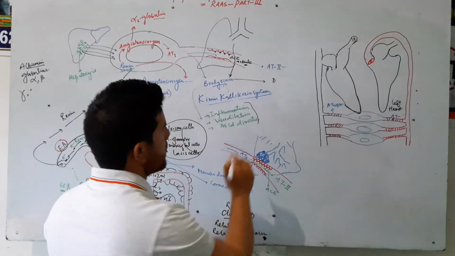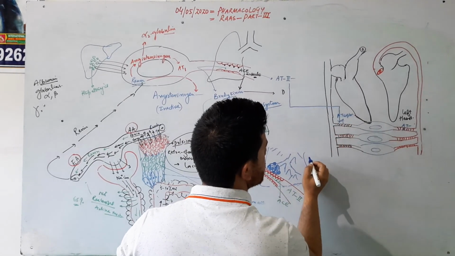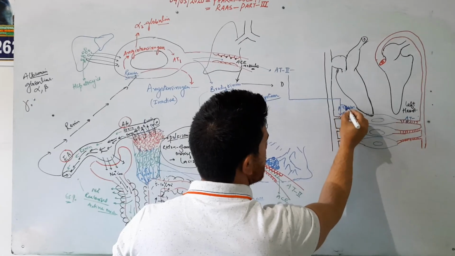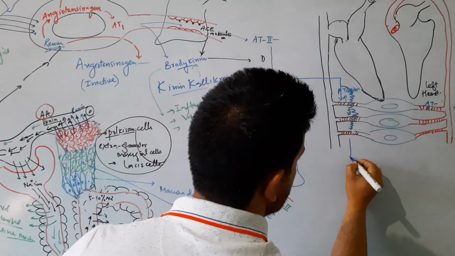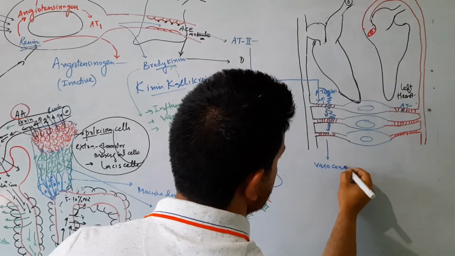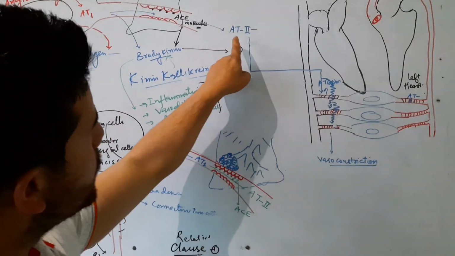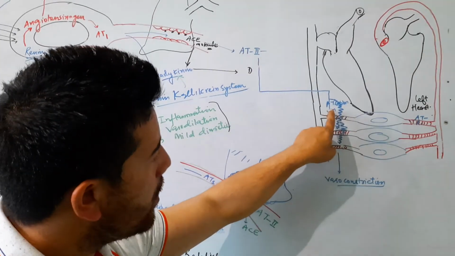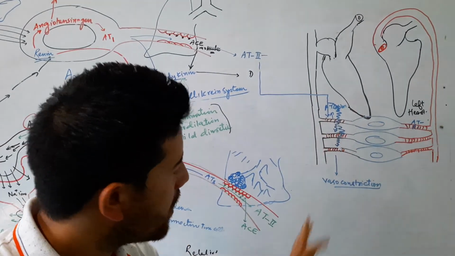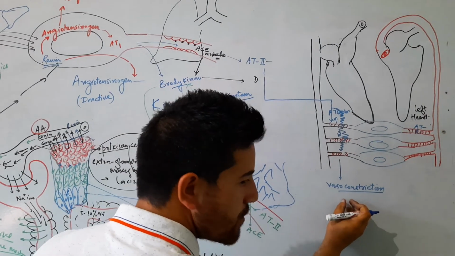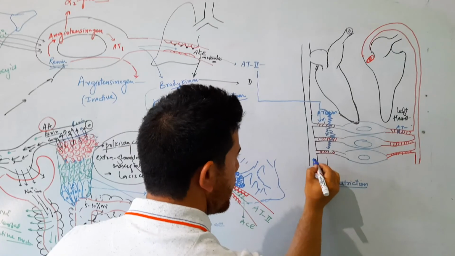Now, what happens? This AT1 attacks on this. It also attacks here, here, and causes vasoconstriction. So I will say that angiotensin second acts upon angiotensin receptors present on the smooth cells of these venules and causes vasoconstriction, and as soon as vasoconstriction is there, these get blocked, these get closed, and the blood which is